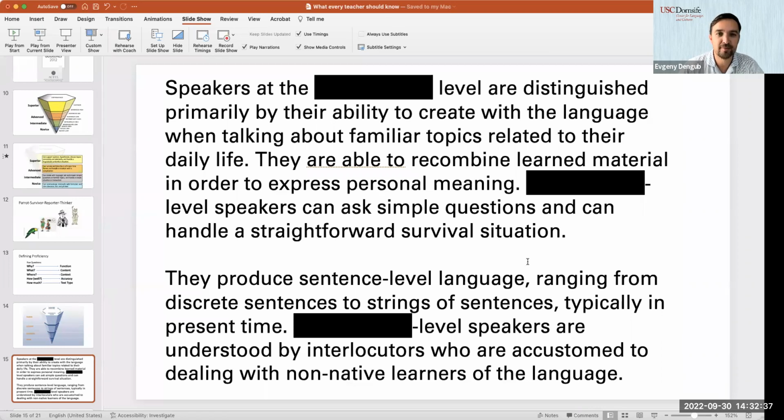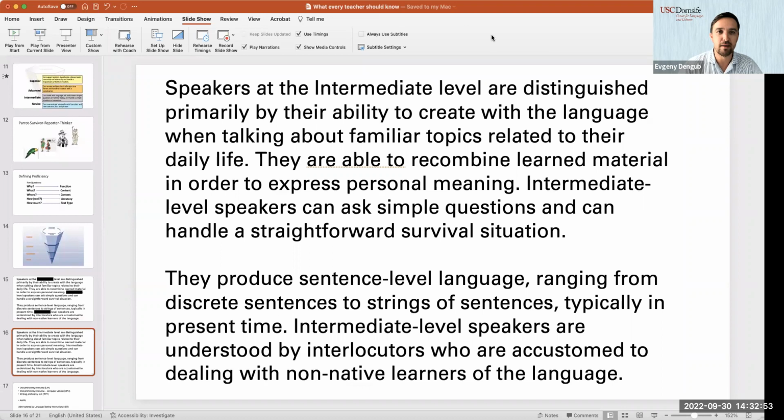So what do you think? So we have novice, intermediate, advanced, or superior. Beautiful. Intermediate. Yes, it is. It is intermediate. It's a basic description of intermediate. Each sub-level is described in detail further, but they start with the description of the major level.